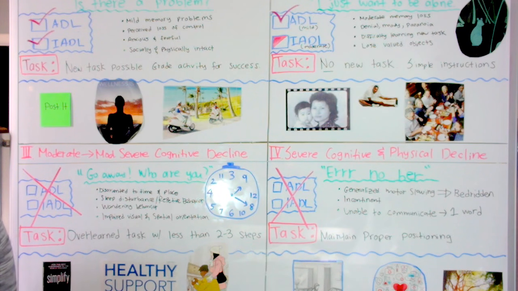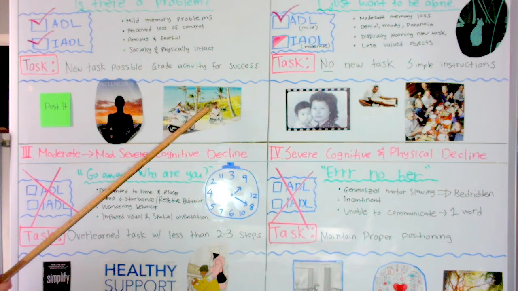Yes, those are all the things that the patient would feel, and at this stage, it would be really important to make sure that the patient engages in wellness behavior and exercise to decrease anxiety and promote success. So at this level, you can teach new tasks, but we want to grade the activity for success to promote increased participation, and we can do that by use of auditory, visual, kinesthetic input, and give them lots of supportive